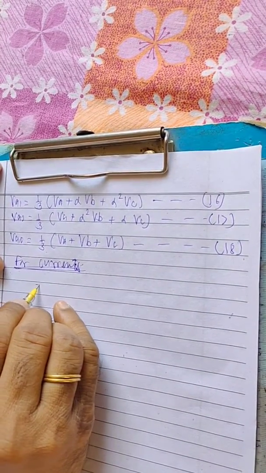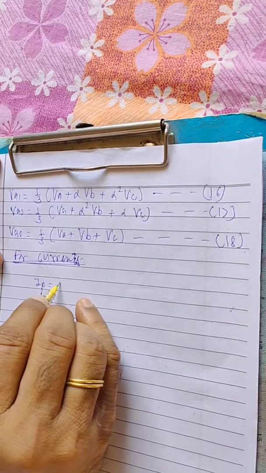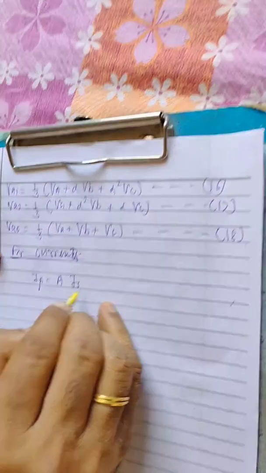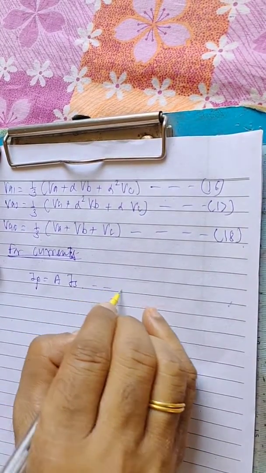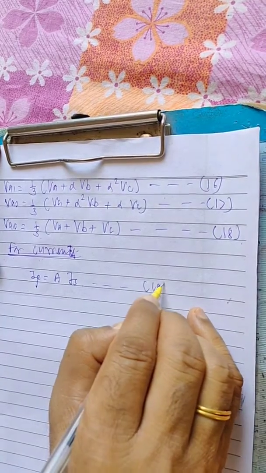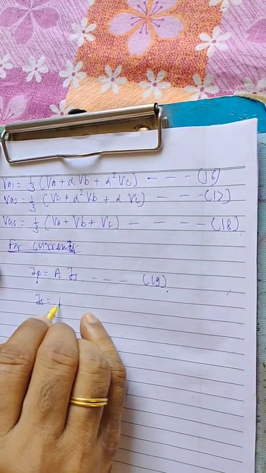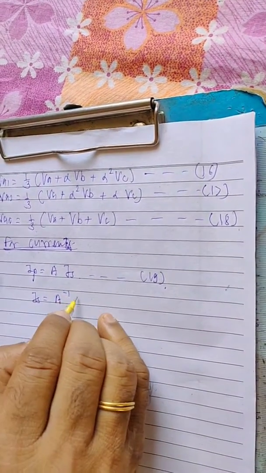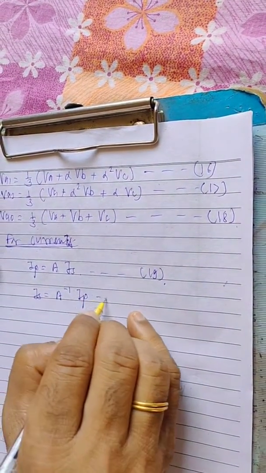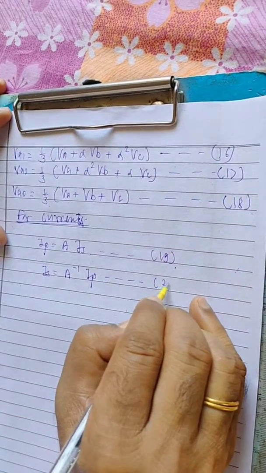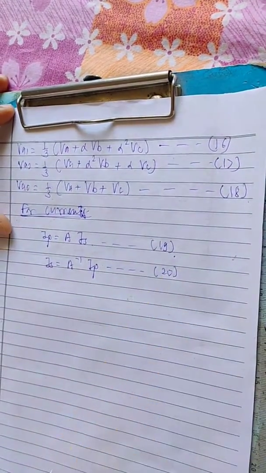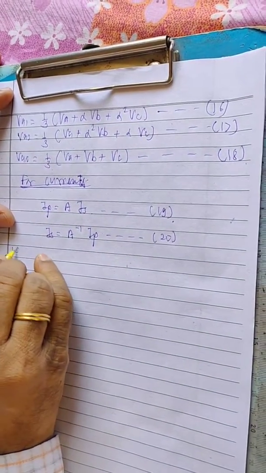So for current we can write IP is equal to A into IS. This is equation 19, and IS is equal to A inverse into IP. So this is equation 20, where IP is